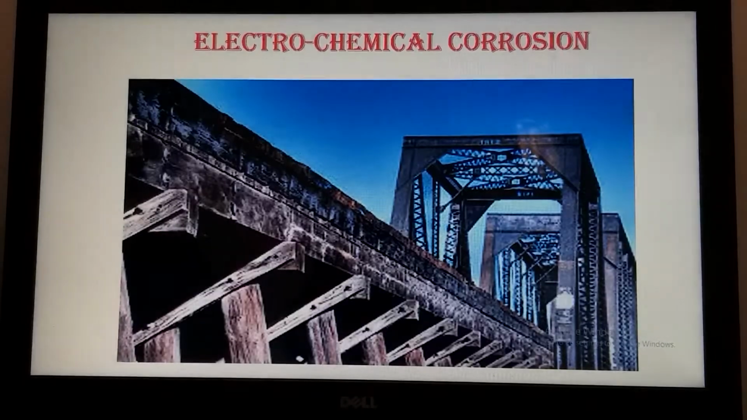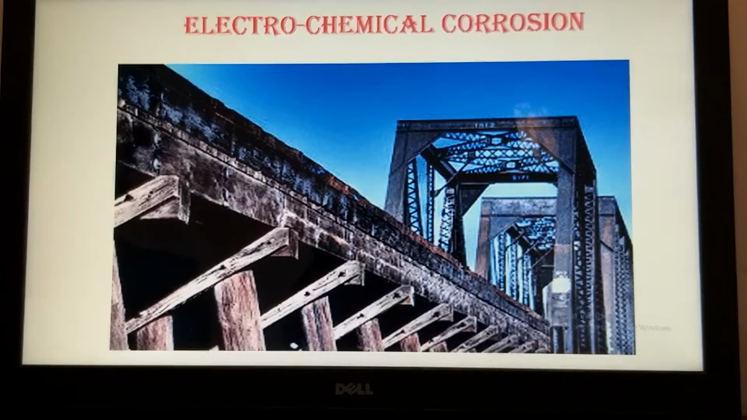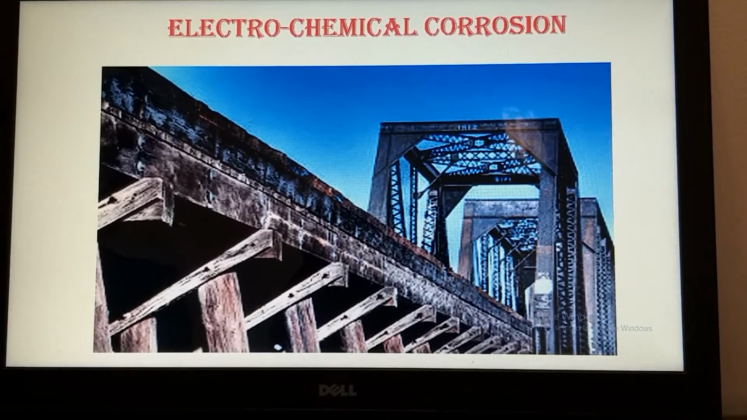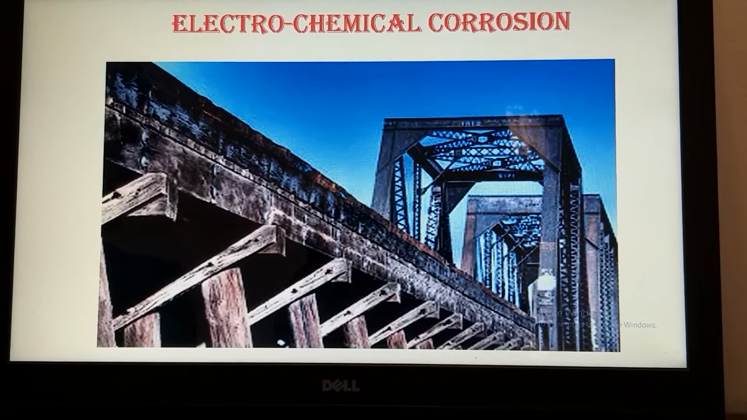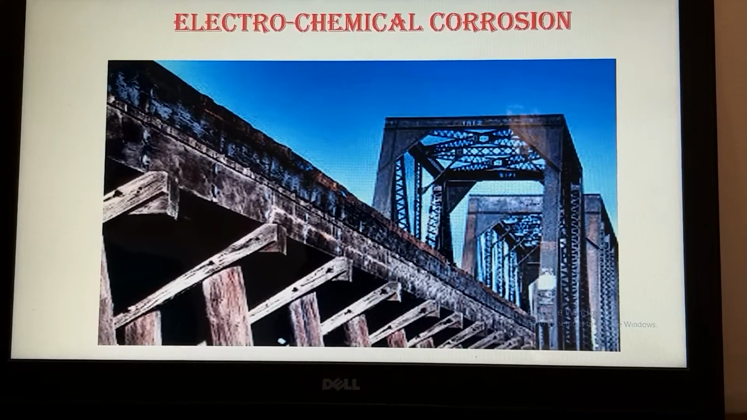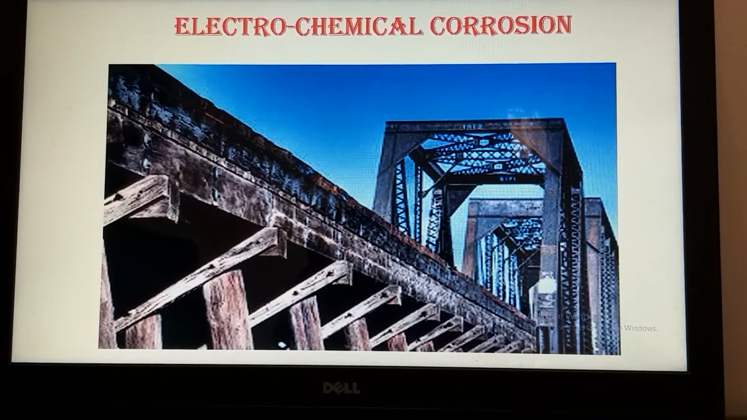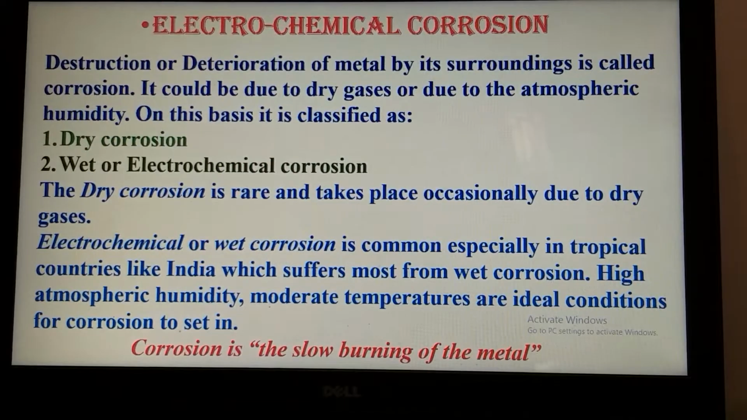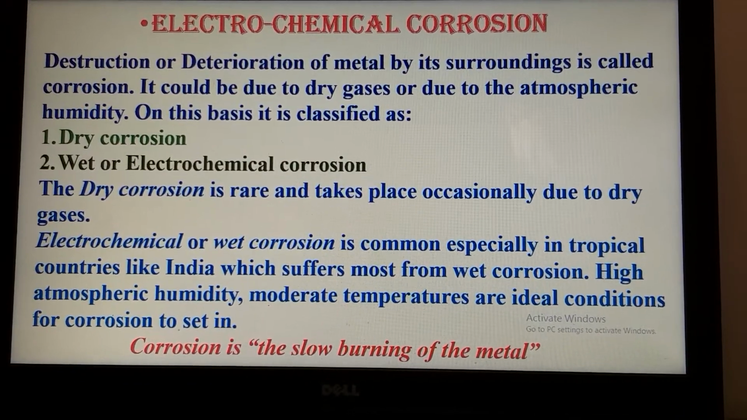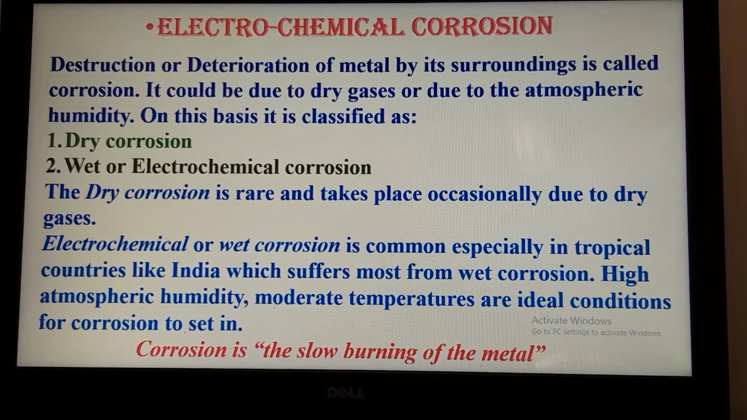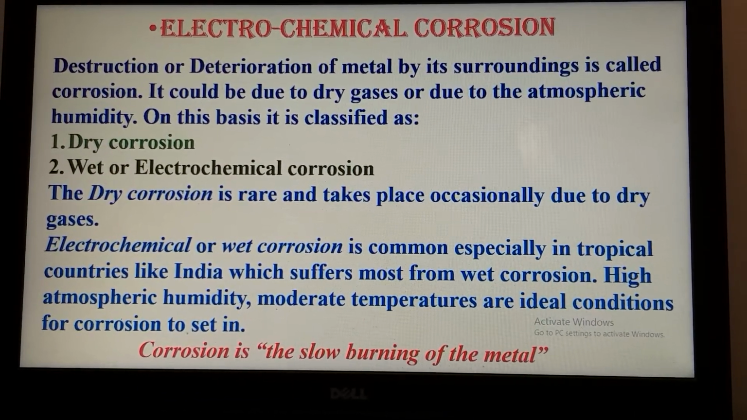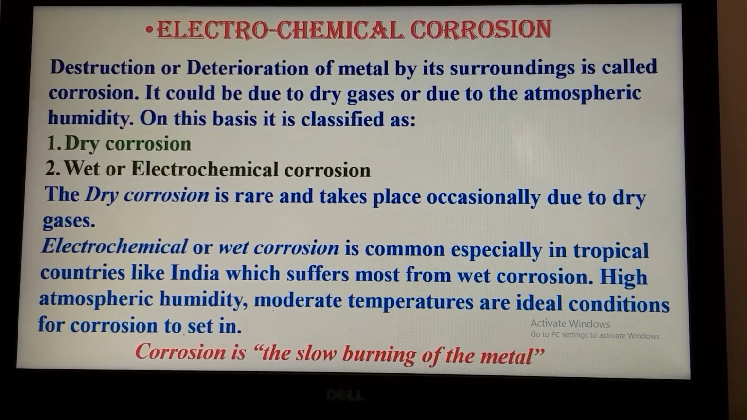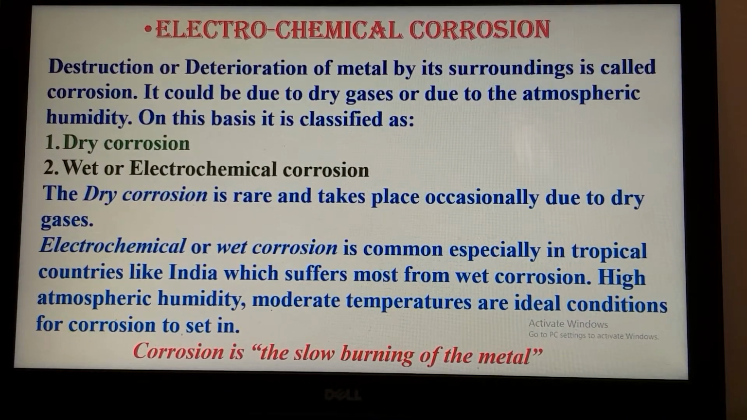When we talk about corrosion, the first thing which comes to our mind is the broken bridges, the broken railway tracks, the badly shaped infrastructure. All these are because of electrochemical corrosion. So we can explain electrochemical corrosion as the slow oxidation of the metal by its surrounding environment to which the